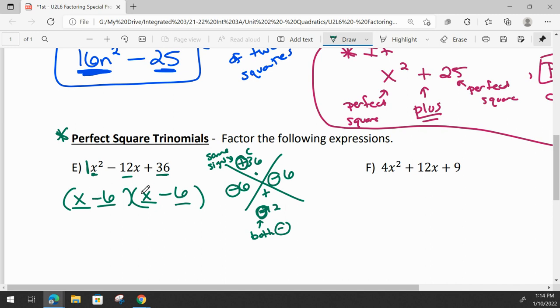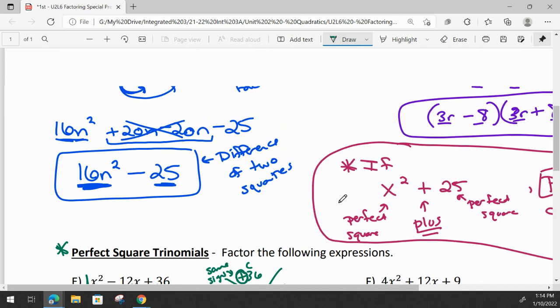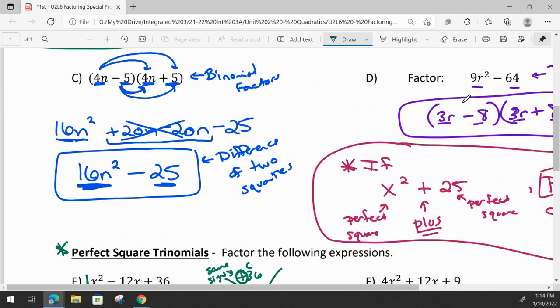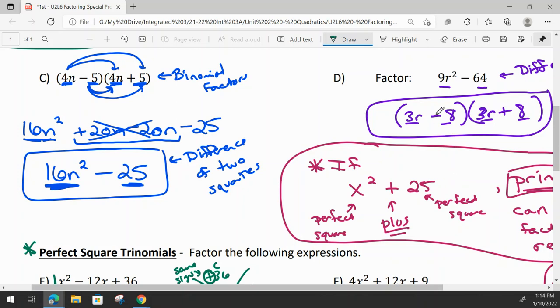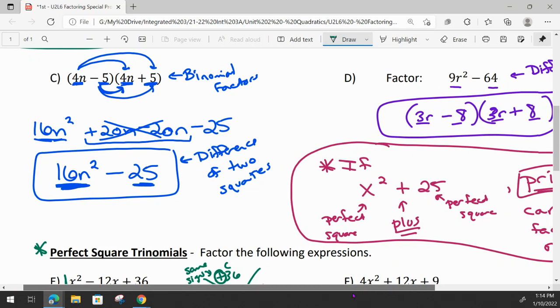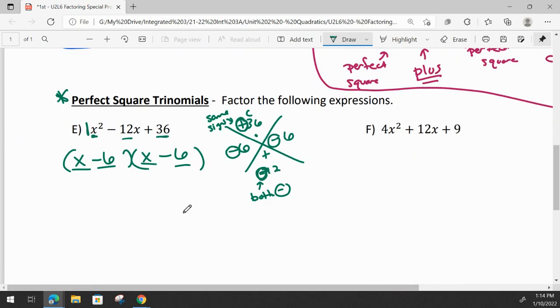So if these are identical, this is a little bit different than the difference of two squares, because in a difference of two squares, your signs are different. One's a minus, one's a plus. So you can't do this when you have different signs. If you have the same sign, so if these binomials are exactly the same, then you can rewrite it as